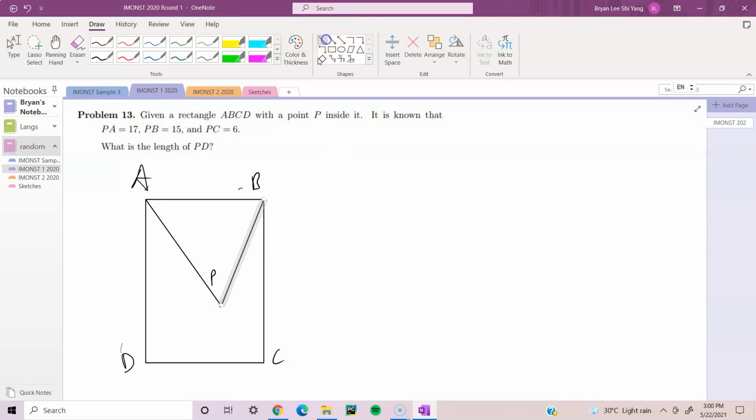And finally, we also have PC. Then what we want to find is the length of PD, right? So we also draw this line. Okay. Now, what is the length of PD given that PA equals to 17, PB equals to 15, and then PC equals to 6? Now, what we need to do here is we need to draw auxiliary lines,